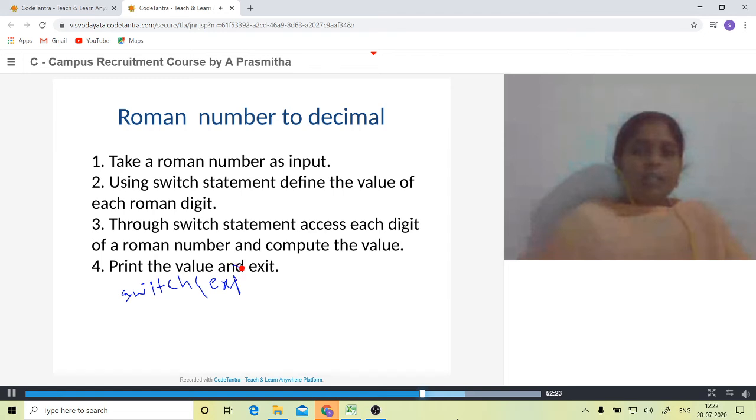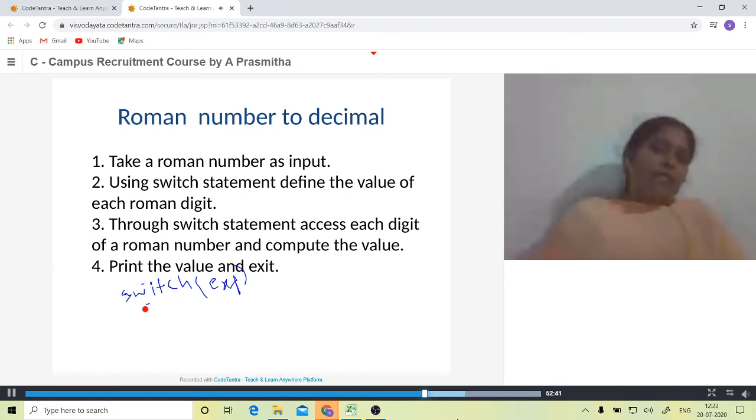This expression must be an integer or character. It will not accept either a float or a double. So this expression must be either an integer or a character.